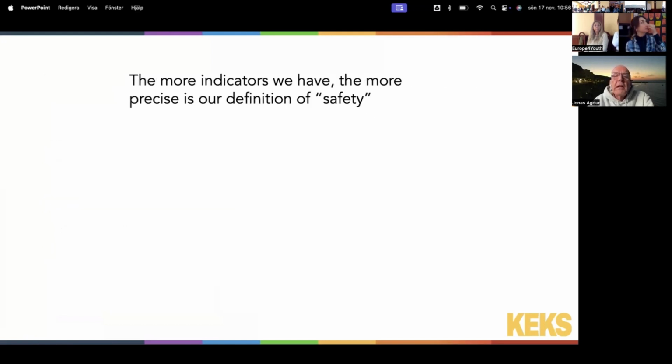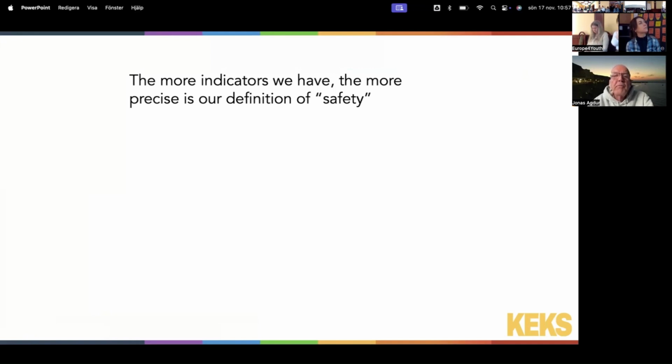The more indicators we have, the more precise is our definition of, in this case, safety. If you have too few indicators, you won't have the information needed. If you have too many indicators, you will just get confused. You will have too much information to be able to handle. So this is also a question of balance, finding the right level, so to speak, of amount and preciseness of